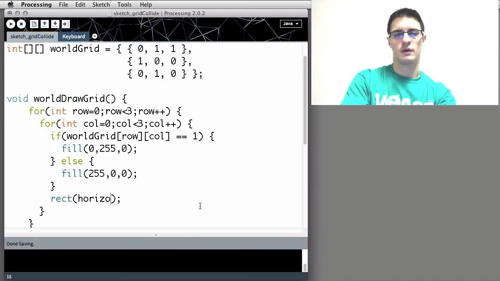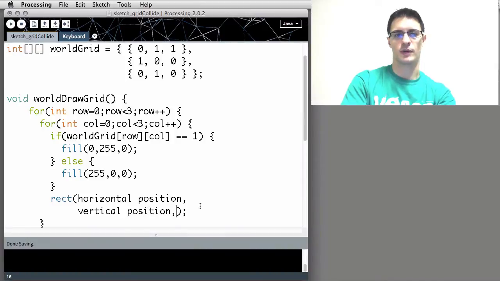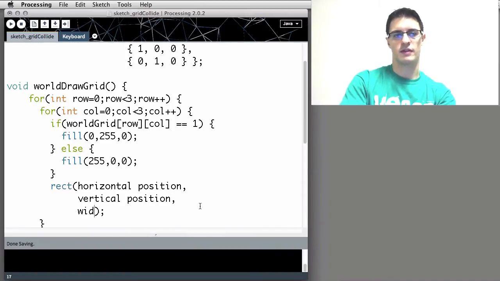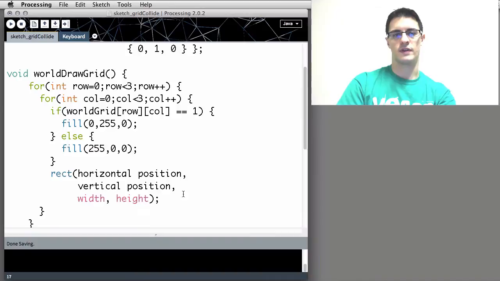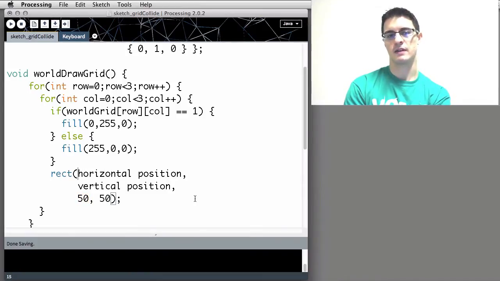There's the horizontal position, there's the vertical position. These aren't going to stay, it's just us thinking through what we're going to put there. There's the width and the height of each square. Let's say we want the squares 50 by 50. Seems reasonable, I think. And now if we want the squares 50 by 50, then where do we position them